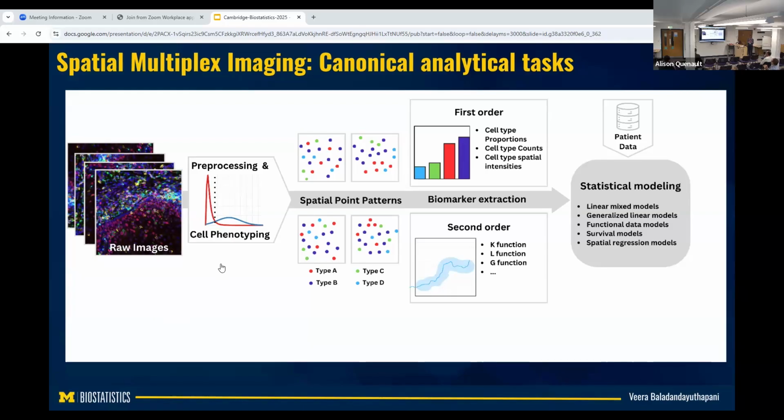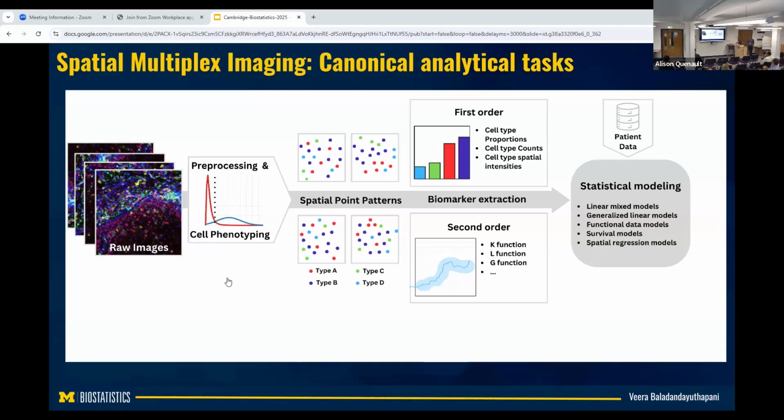Essentially, as I was saying before, you have these images, you have to segment out the cell, you have the pixels, and then from each of these cells you get a vector of proteins, say 10 proteins. They have been measured for specific cells, like each protein maps to a certain type of cell, but it's a continuous expression. So there is something called cell phenotyping, where you draw a histogram across cells and do some histogram thresholding to see if it's a cell type or not. Is it positive for, say, a T cell or is it not a T cell? Is it a B cell? There are T cell markers, B cell markers, and so on.